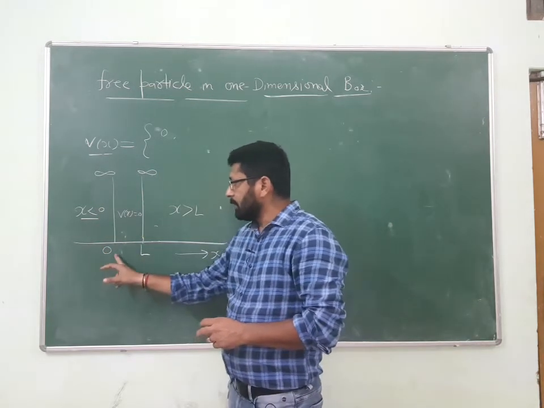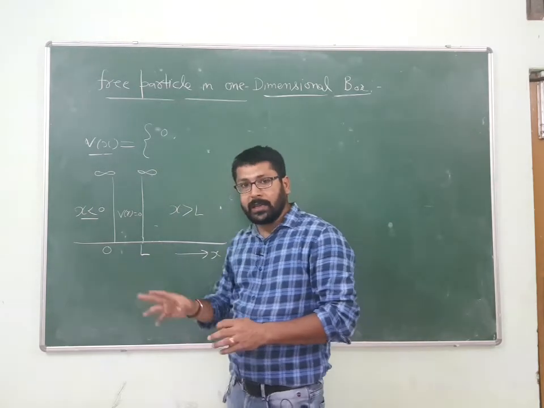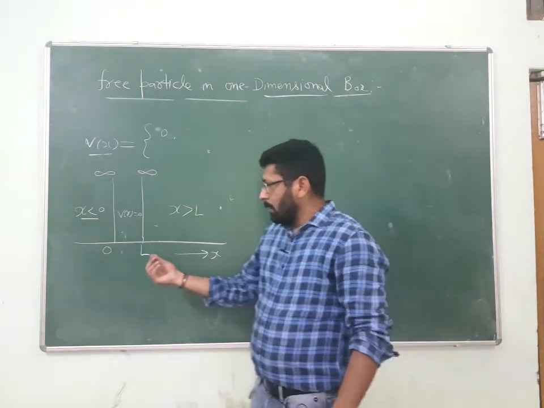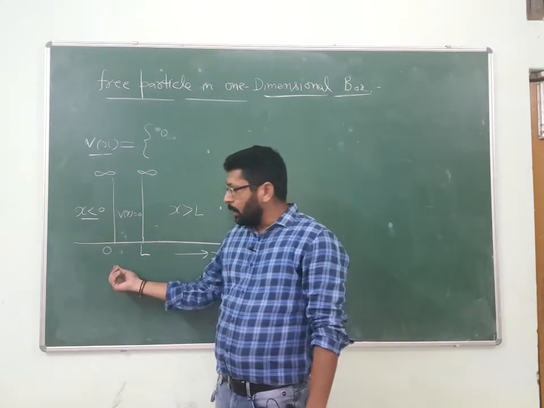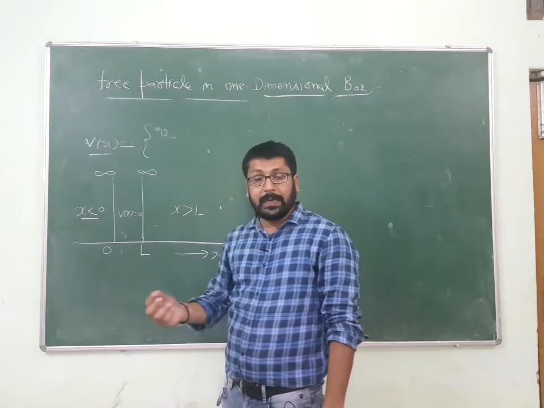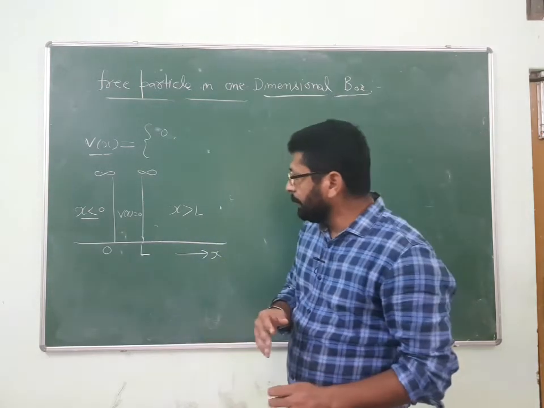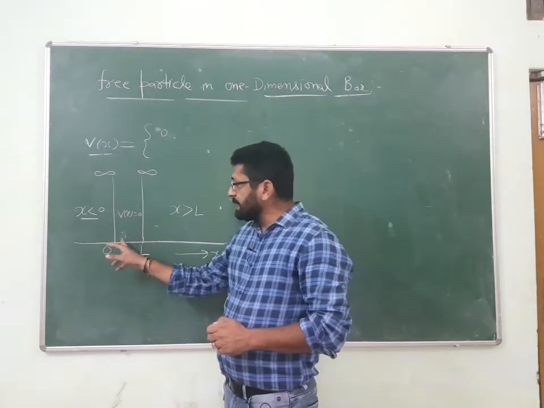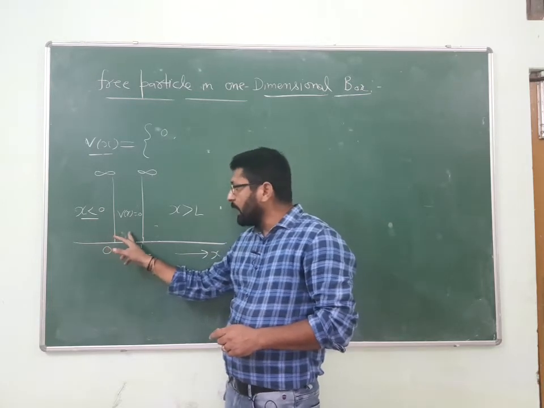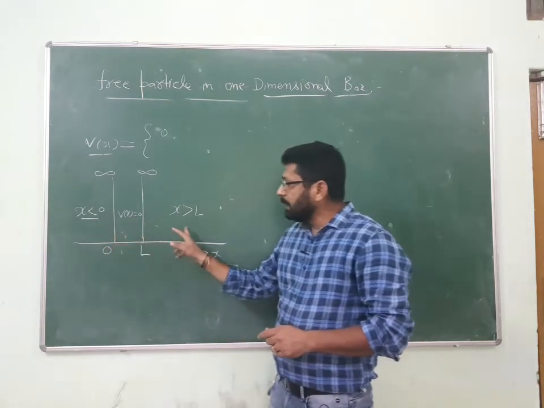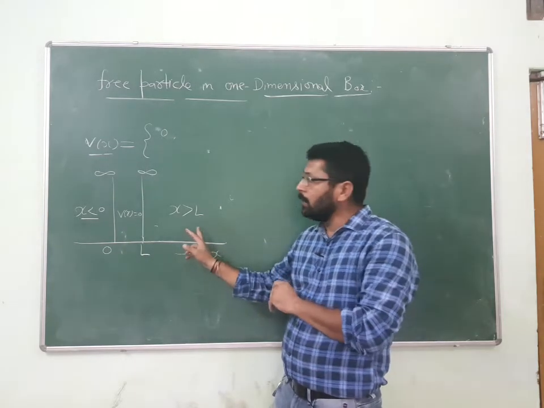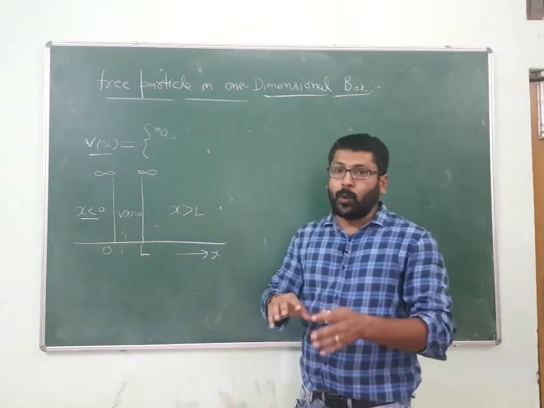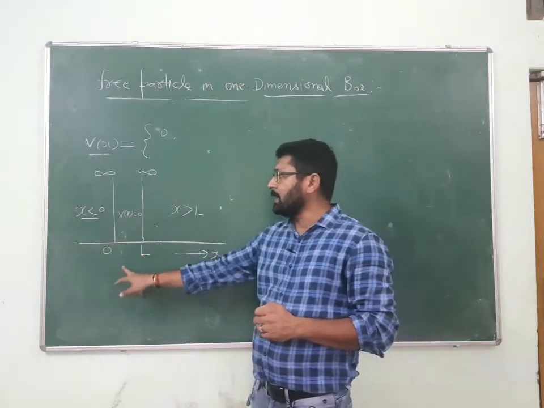These boundaries at x equal to 0 and x equal to L are also known as walls of the box, and these walls have some properties. And what are they? These walls have to be rigid, they have to be non-penetrable. That means the particle which is inside this box cannot penetrate through these walls to the sides for x greater than L or x less than 0. It means the particle does not have energy to overcome this potential which is infinite at these boundaries.